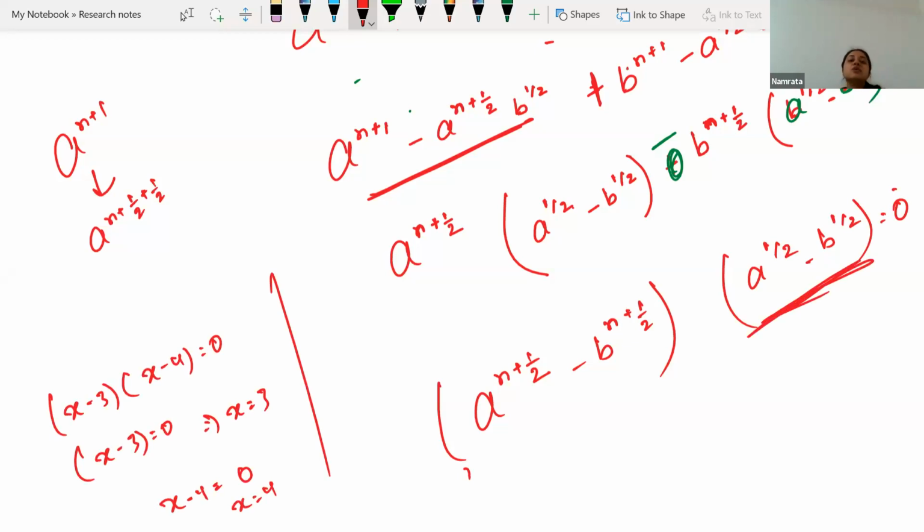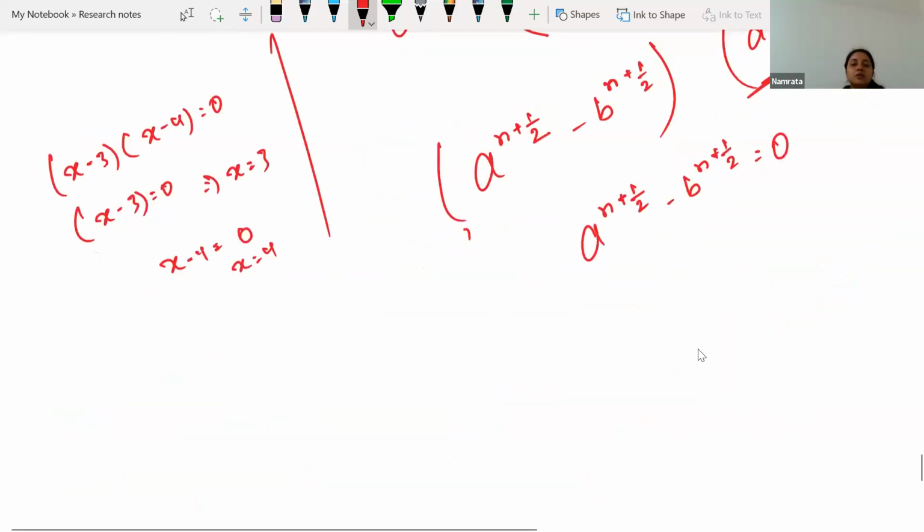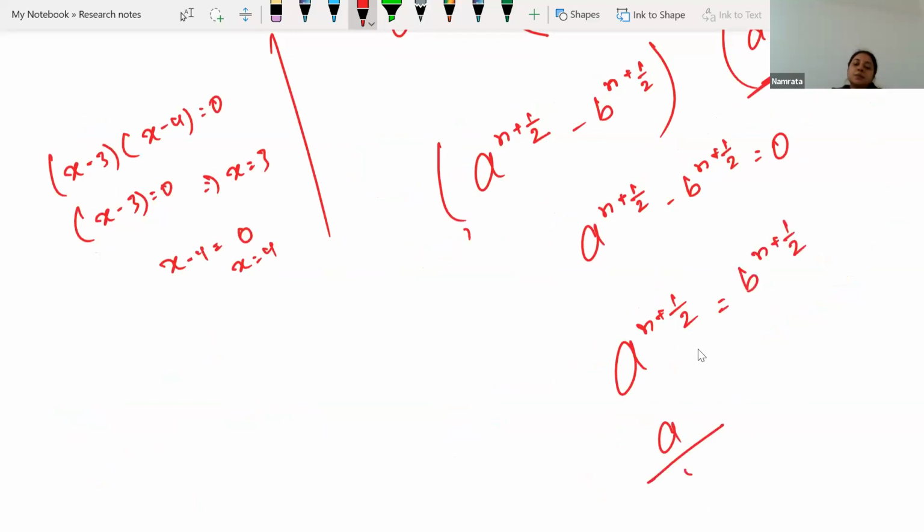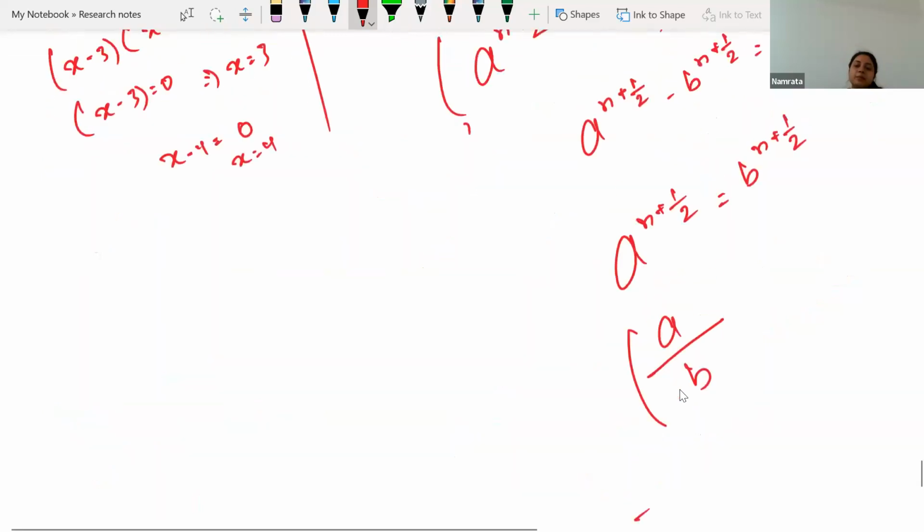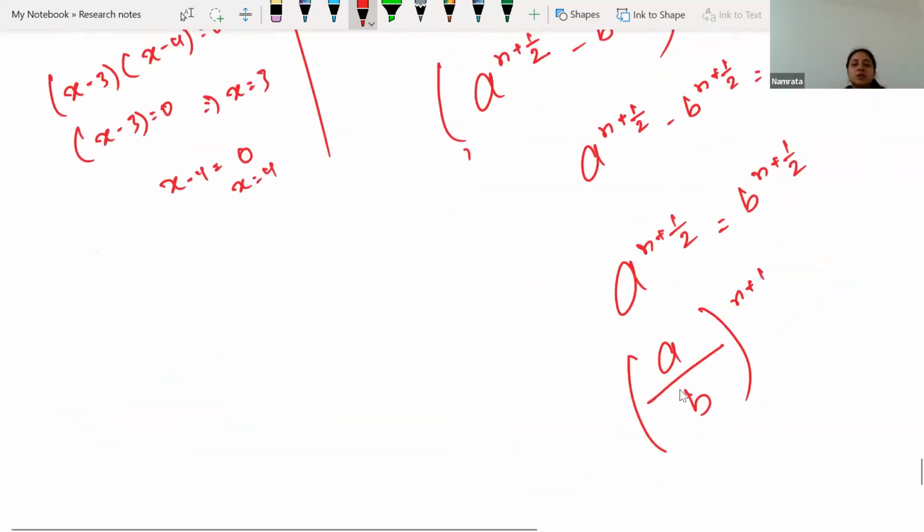So similarly, here we will be doing, so this one I am going to leave because n is not there, and our total focus is on finding the value of n. So if we take this one, a to the power n plus 1 by 2 minus b to the power n plus 1 by 2 is equals to 0. That means a to the power n plus 1 by 2 is equals to b to the power n plus 1 by 2. A by b to the power n plus 1 by 2 is equals to 1, not 0,